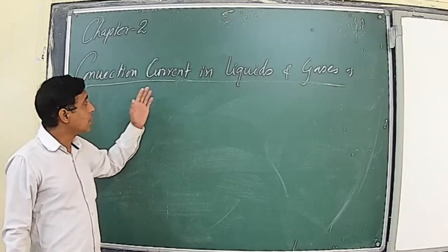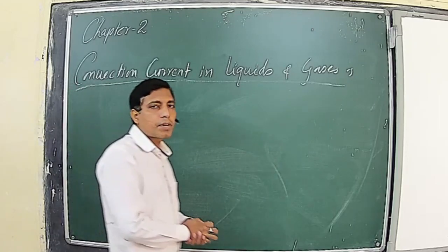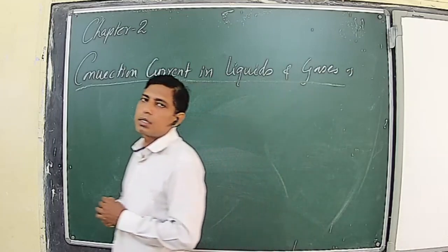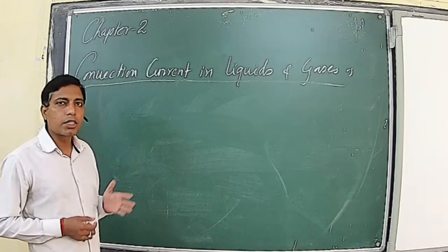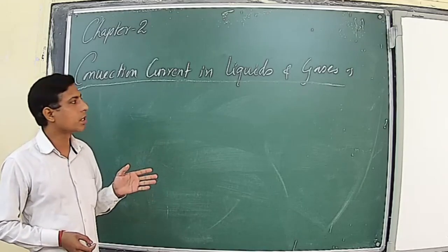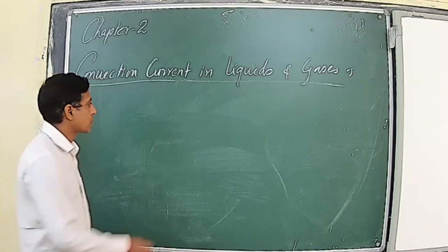The reason behind the formation of convection current is the difference in the density of different layers of liquid or gases present in a given liquid or gas. For example, if you take